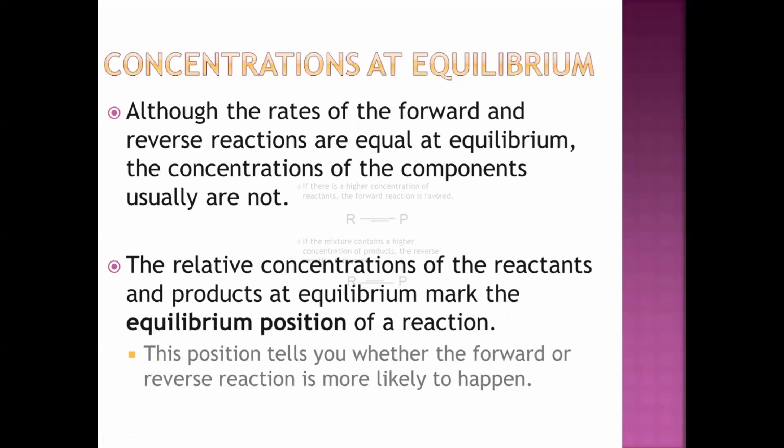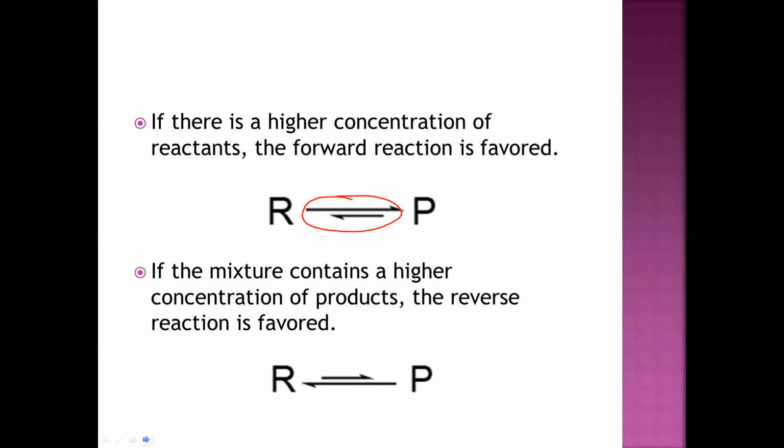Okay. So this arrow thing was originally equal, right? If you have more reactants than products, then we show that the top arrow is longer than the bottom arrow to show that the forward reaction would be preferred or favored. If we were looking at a graph, which on your packet you have a graph to analyze,